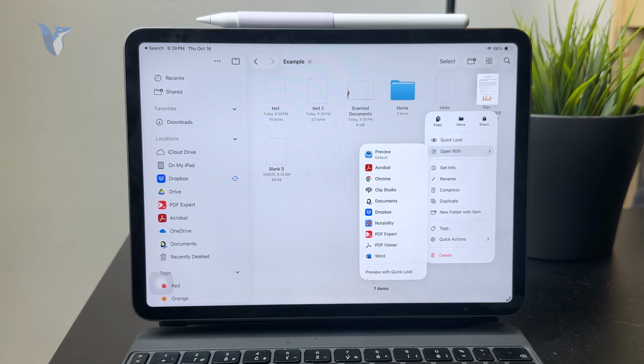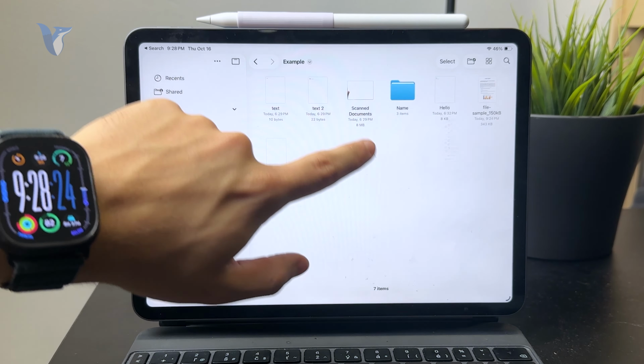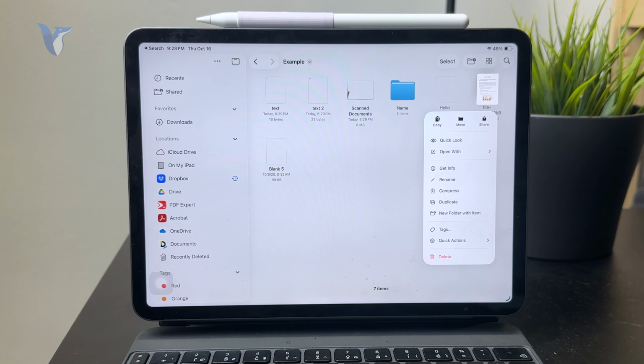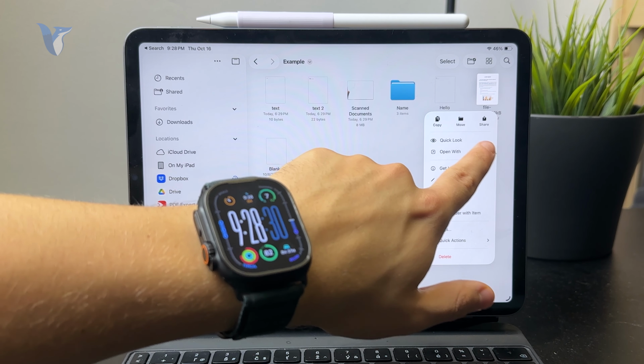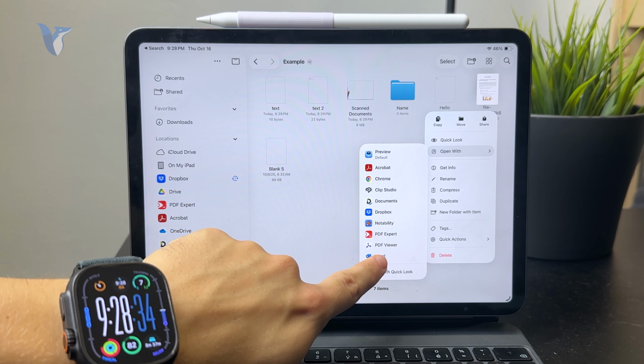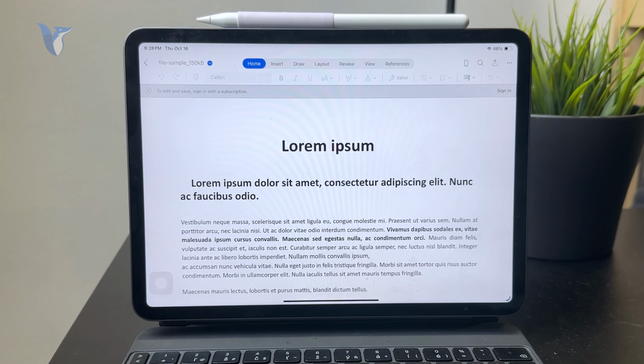So you need to come back to the Files app where your PDF is, and you can hold down on that actual PDF like this, and you can just click on Open With. This will let you select a different app to open it in, and we're going to select the Microsoft Word, which, by the way, has to be installed on your iPad, but we go to the Microsoft Word like this,